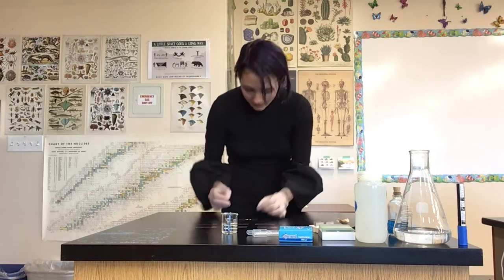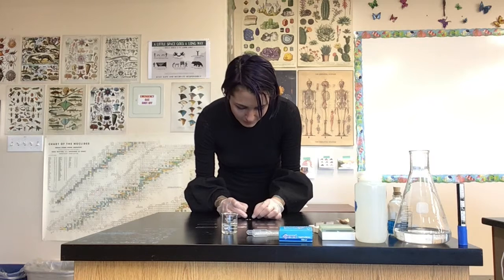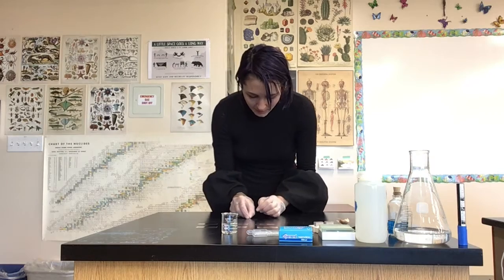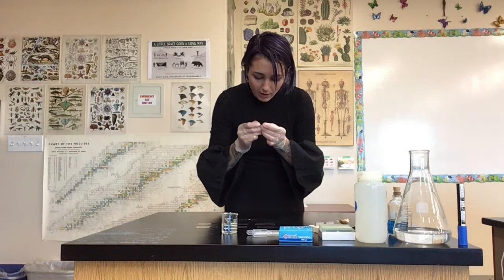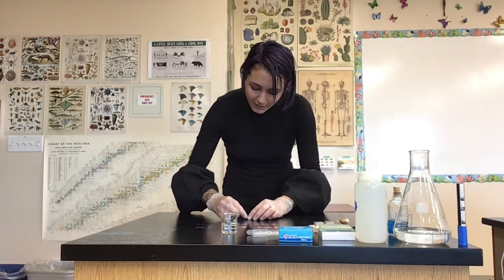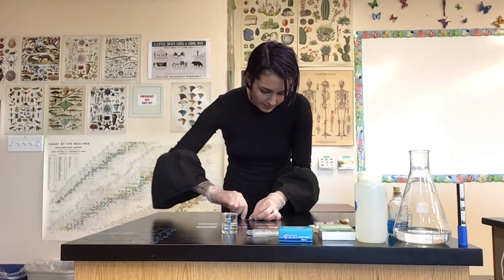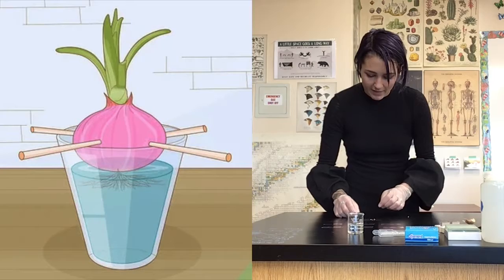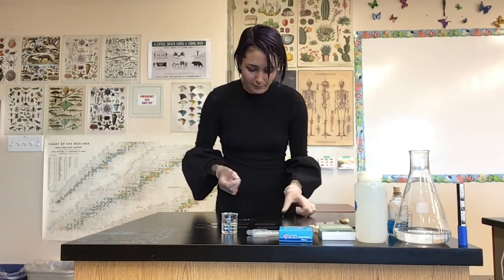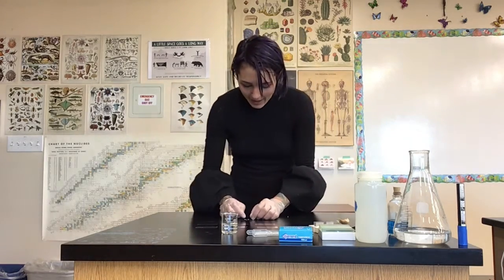If you think about it, cells need to grow so that the roots can get nice and long in order to access nutrients and water in the soil. So if you have garlic or onion at home and it doesn't have little roots growing off of it, then what you can do is put a few toothpicks in the garlic or the onion and then have just the base submerged in the water, and then very quickly some roots will start to emerge to take advantage of that water. So I have my